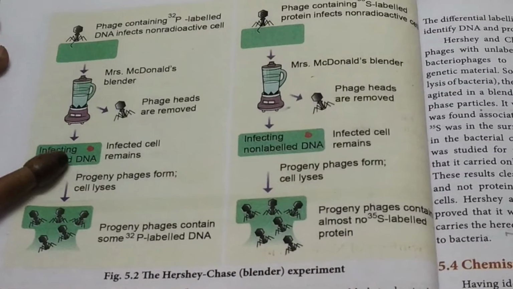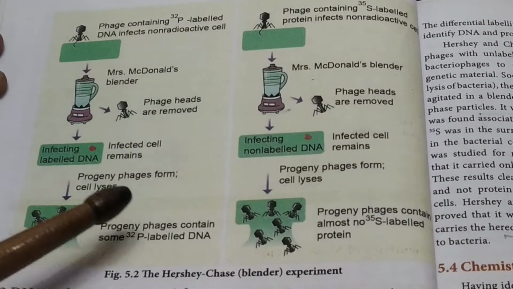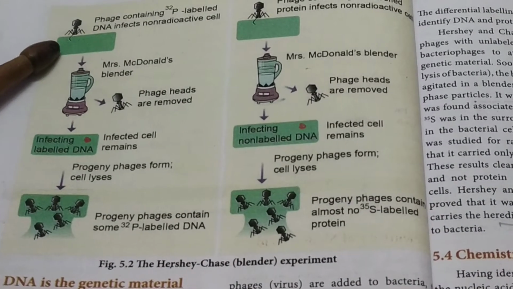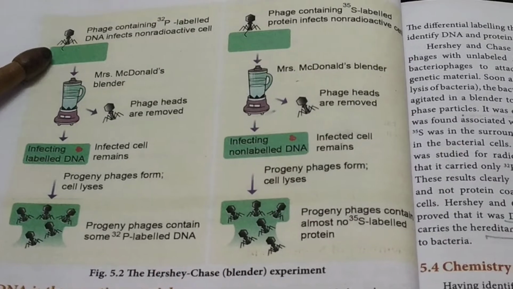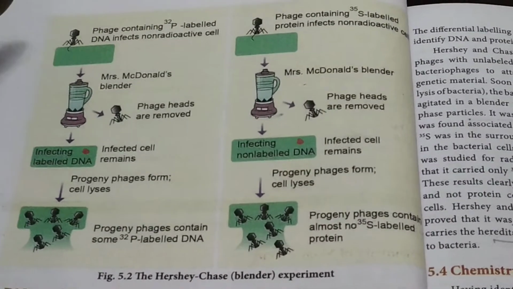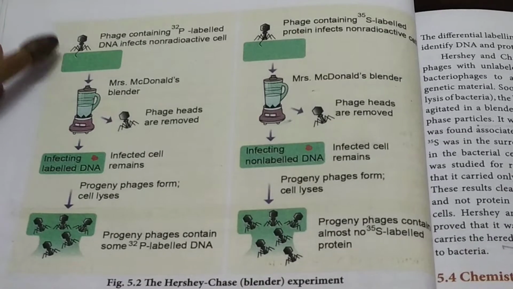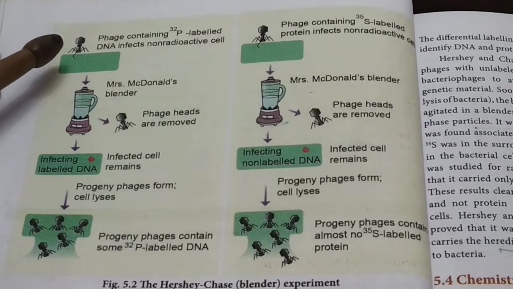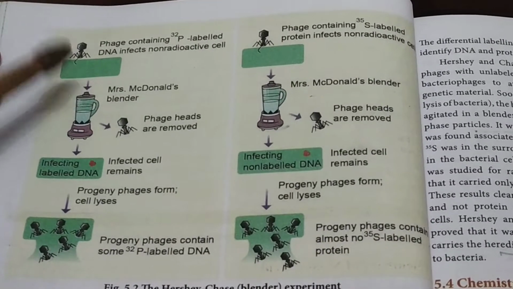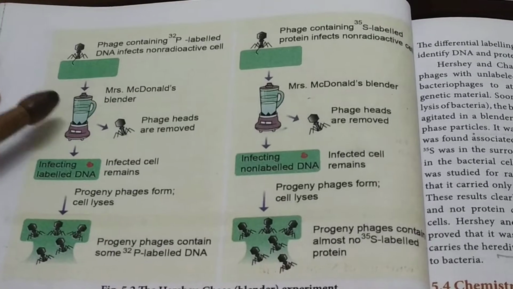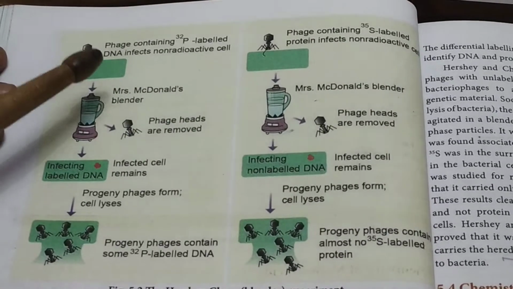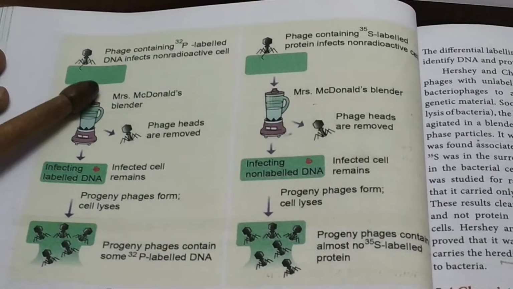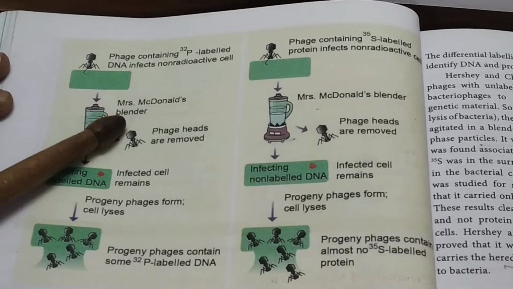Students, you can see in this picture the Hershey-Chase experiment, where the bacteriophage, the virus, is infecting the bacteria. When the virus attacks the bacteria, it injects its DNA into the bacteria, and this causes infection in the bacteria. So it is not the proteins that cause the genetic transformation. It is only the DNA that causes the transformation. So DNA is the genetic material.